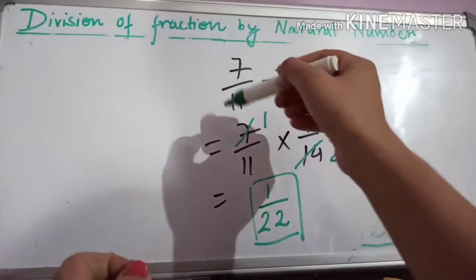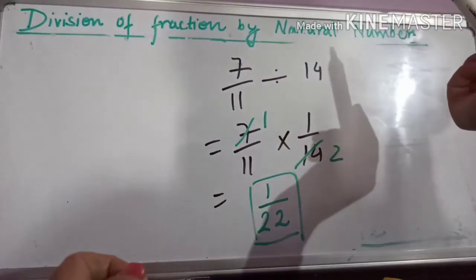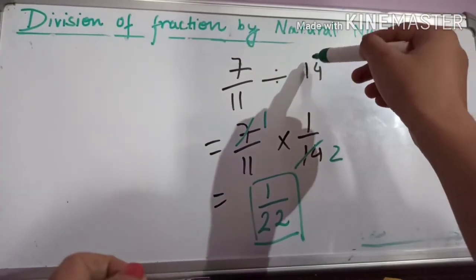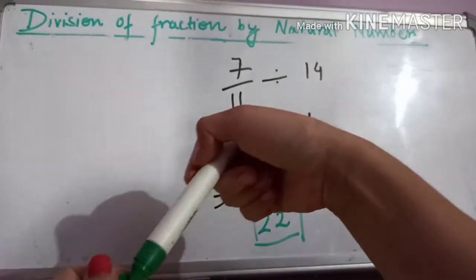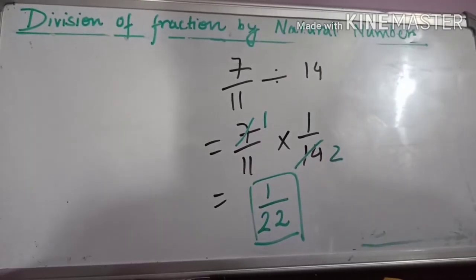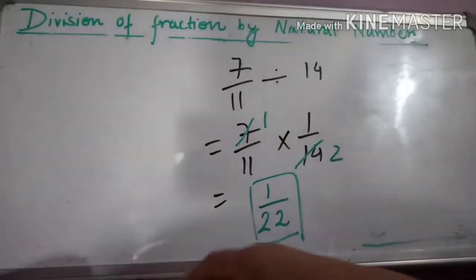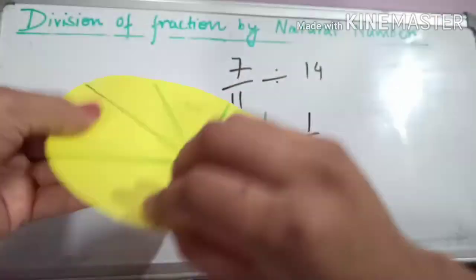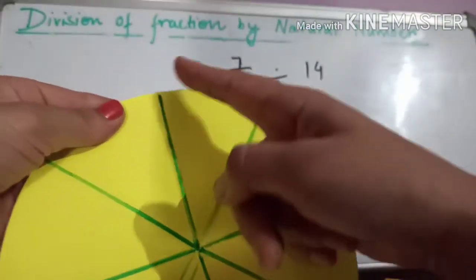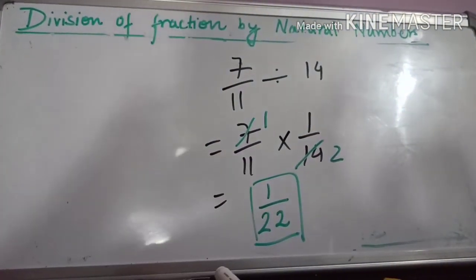So whenever you have to divide a fraction by any natural number, you will simply put a multiplication sign and write this 14 as 1 by 14, and you know why I did this. I hope this will be clear to you, how to divide and why we change the division sign to a multiplication sign, because we are finding the 1/14th part of 7 by 11. Like we found the 1 by 2 part of 1 by 4, since we divided this 1/4 part into 2. So we'll do all the division problems like this.